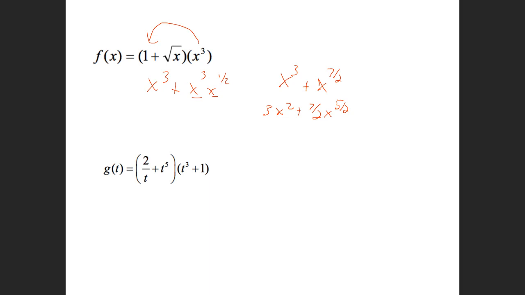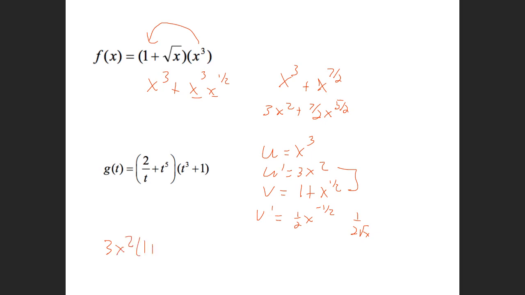If I did this, u is equal to x to the third, u prime is equal to 3x squared, v is equal to 1 plus x to the 1/2, and v prime is equal to 1/2 x to the negative 1/2. Really it's going to end up being 1/2 over the square root of x. So inside, I've got 3x squared times 1 plus the square root of x, plus outside, well,